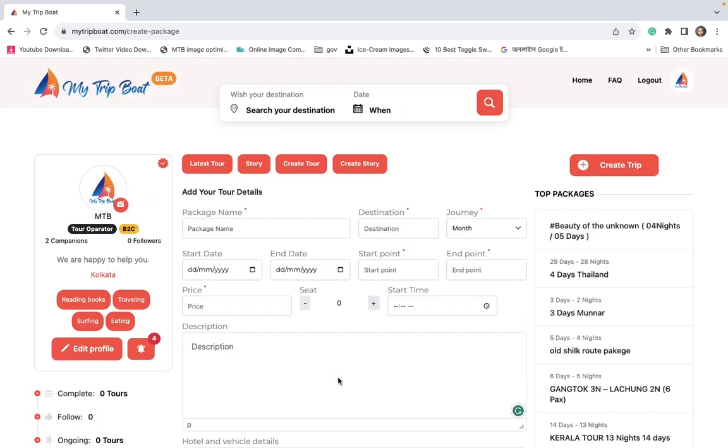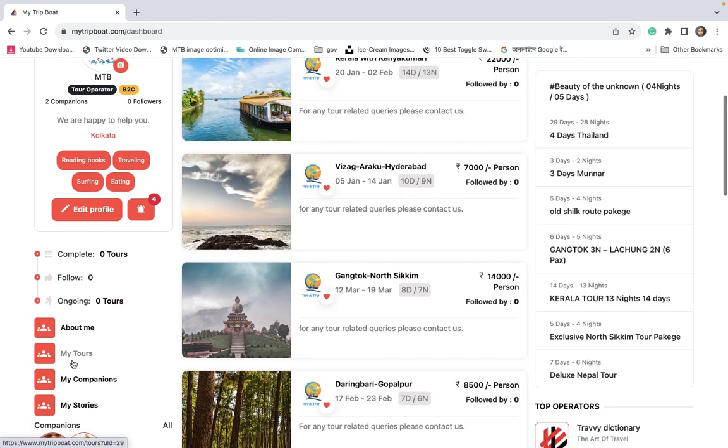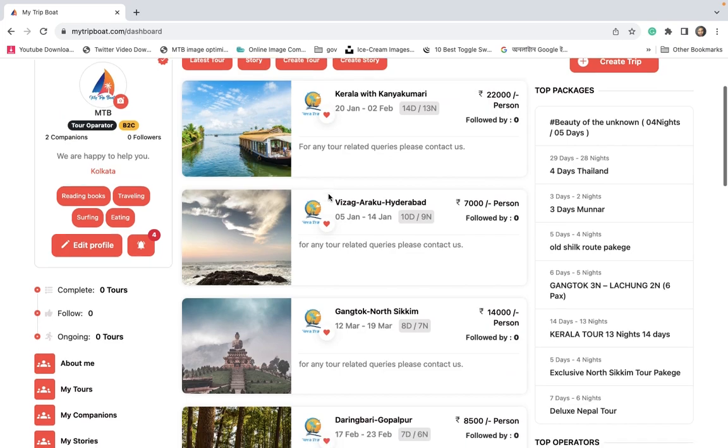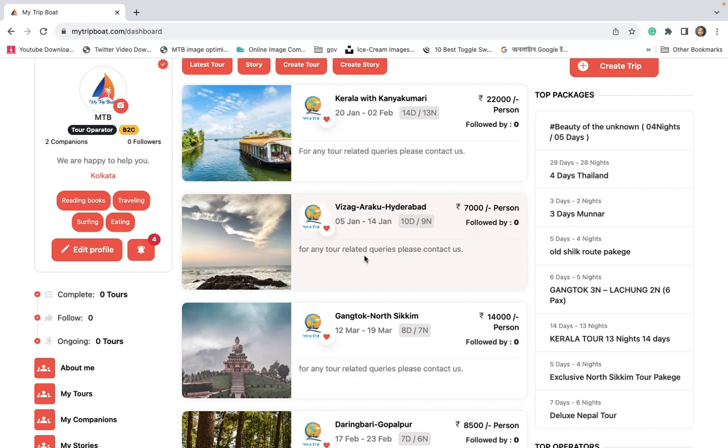Whenever you create a tour, it will be listed over here. You can check your tour in the ongoing tours or my tour section. When your tour date is over and the journey is ready to go, then your tour will be shifted to completed tours. Now this is the study material on how you can create a tour operator account or company account